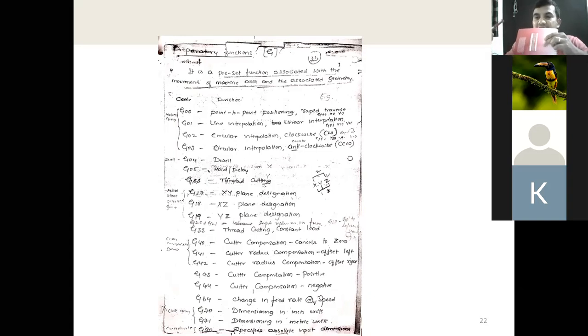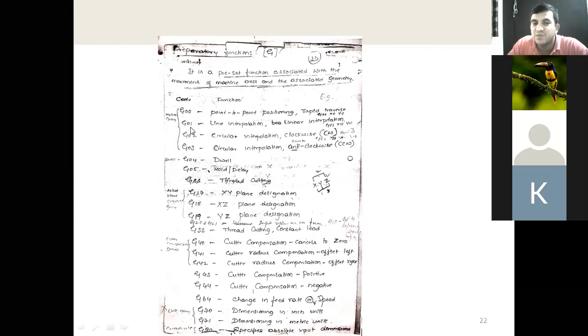Or somewhere is here, I want to move the tool from G00 to X0, Y0, Z0. It will directly come within the shorter distance. That code is called G00. How do you represent it? See here, G00, X0, Y0. Z will not be represented here. If you want, you can also represent Z.